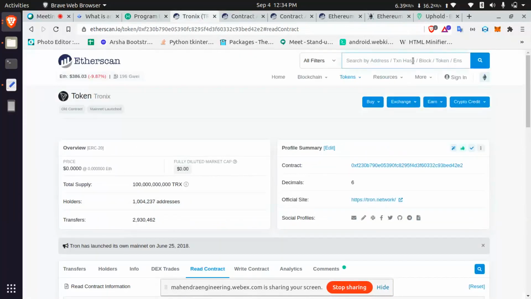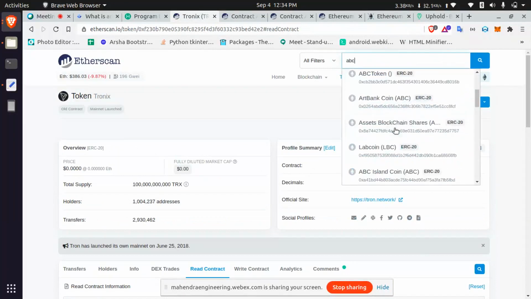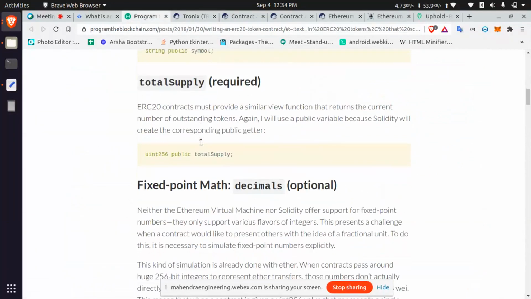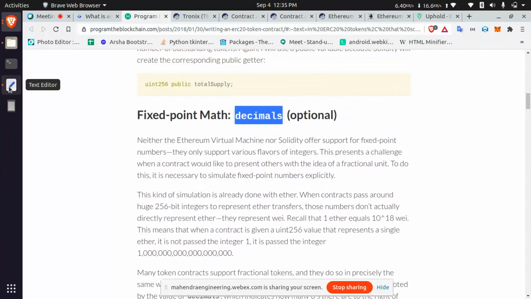Let's say if you search for ABC, the tokens will be visible based on your names in Etherscan. Total supply is how many tokens you are going to create. Decimals means how many decimals equal one token. Let's say 18 decimals means you have to input 18 decimals.